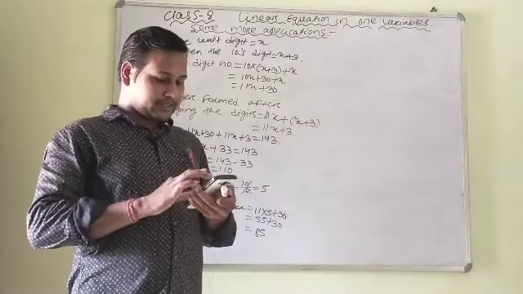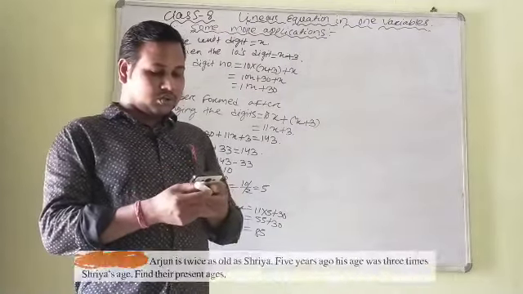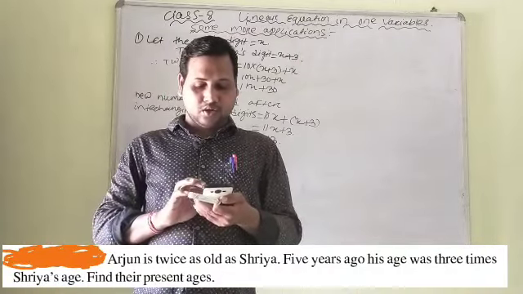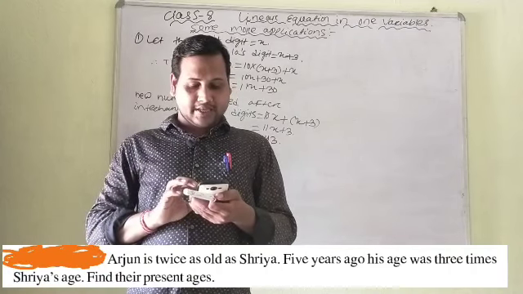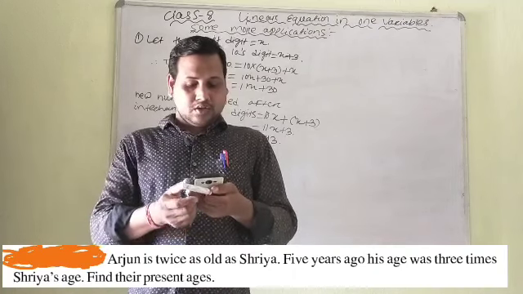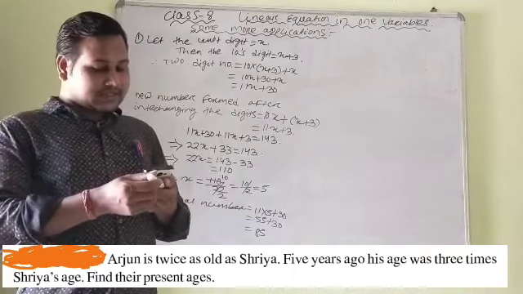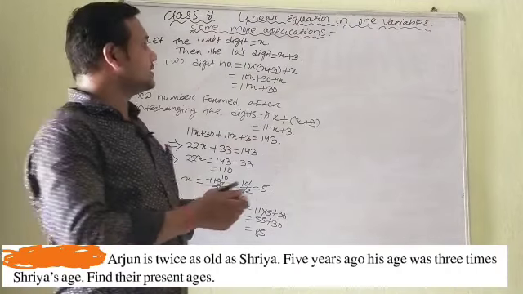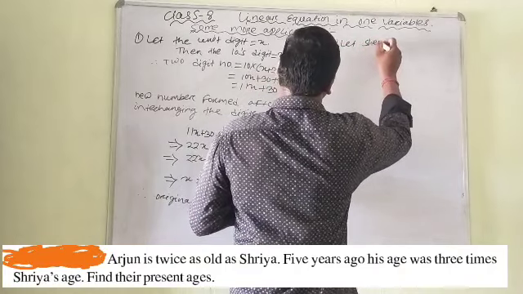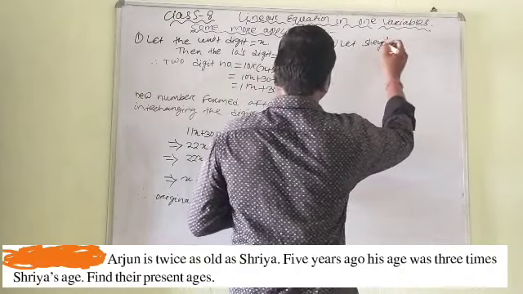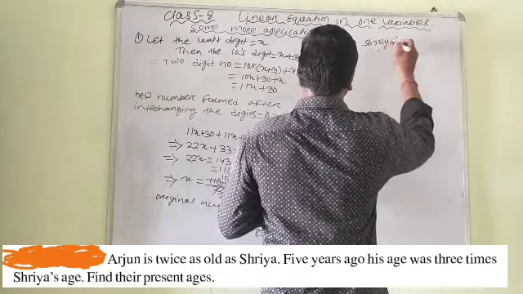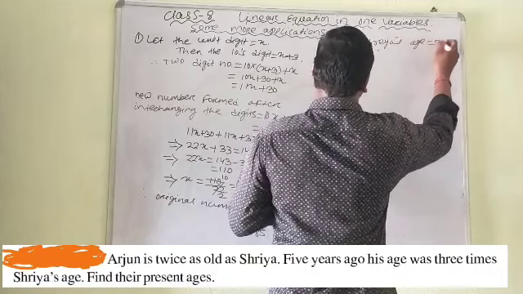Now come to next question. It's given Arjun is twice as old as Shriya. 5 years ago his age was 3 times Shriya's age. Find their present age. So Arjun is twice as old as Shriya, given. We have to take, let Shriya's age equal to x years